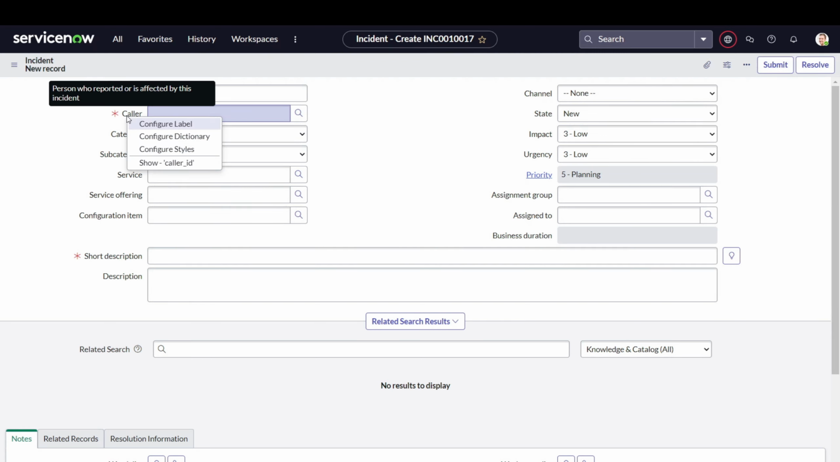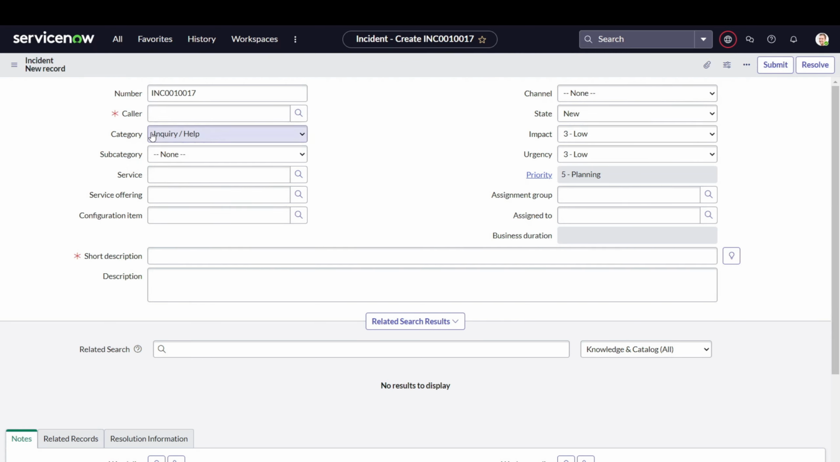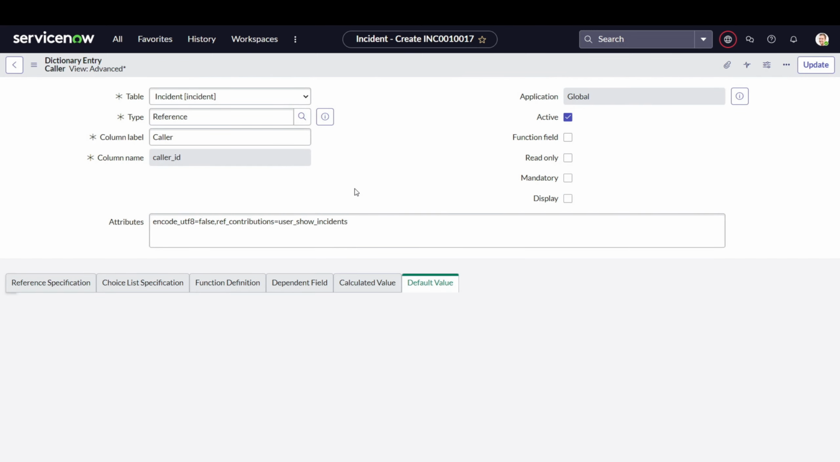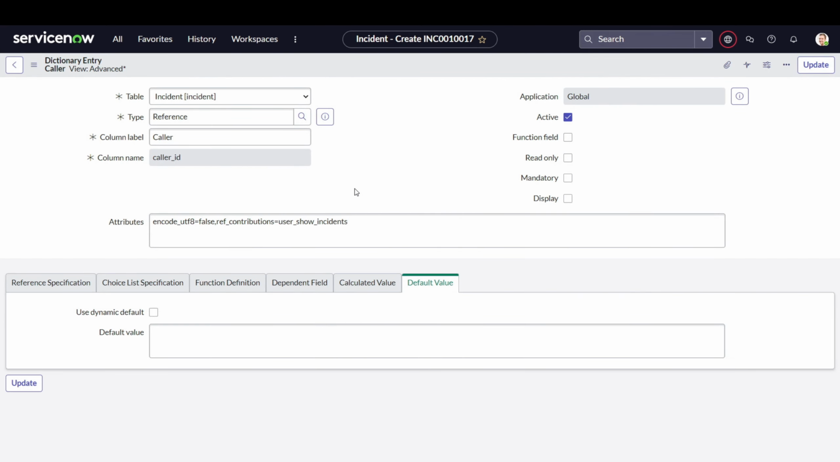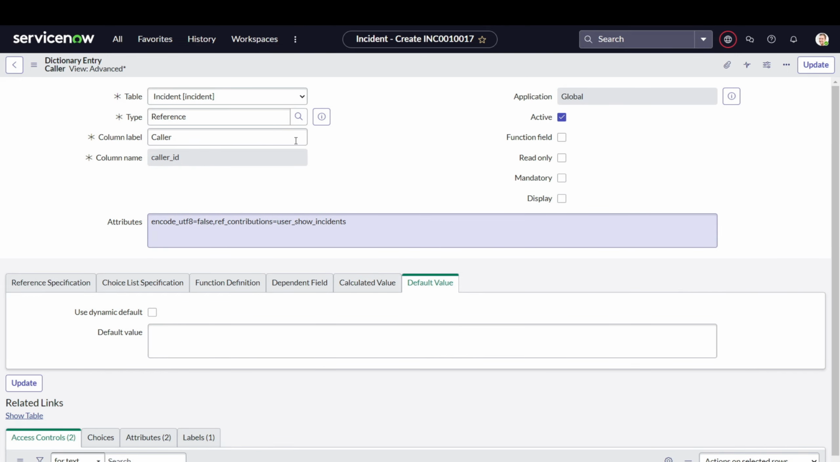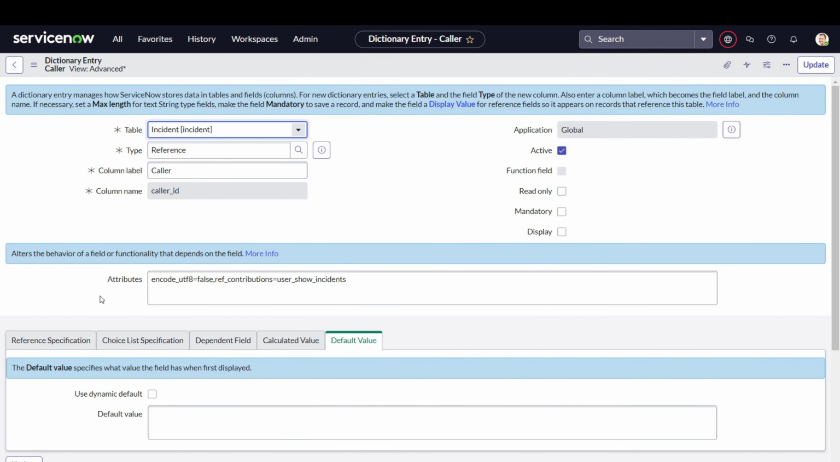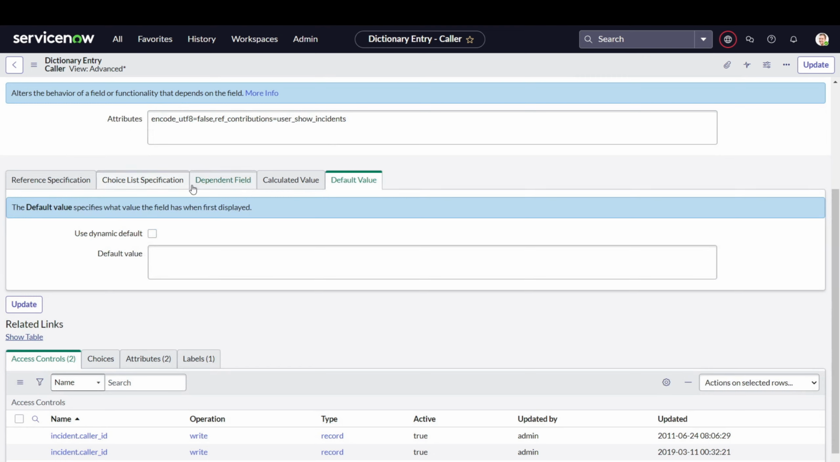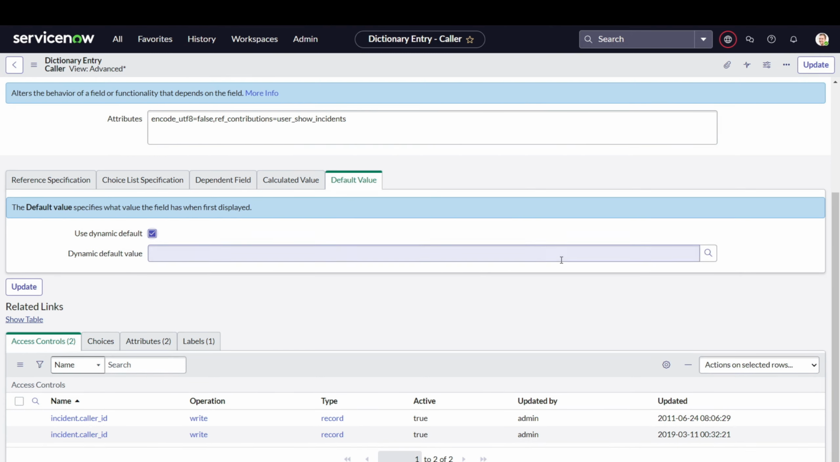What you have to do is go to caller, configure dictionary, and over here, we'll wait for it to get loaded. There are tons of tabs over here, right? Reference specification, choice specification, and so on. So you have to go to the default value. And under default value, you have to use dynamic defaults. And if you go to this reference icon,